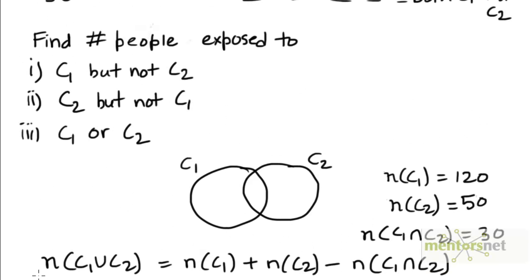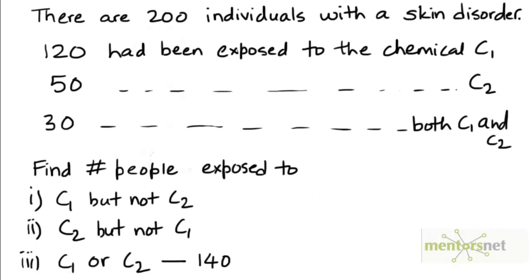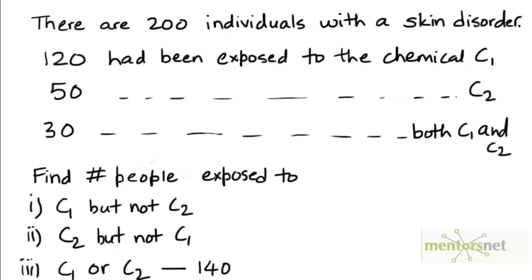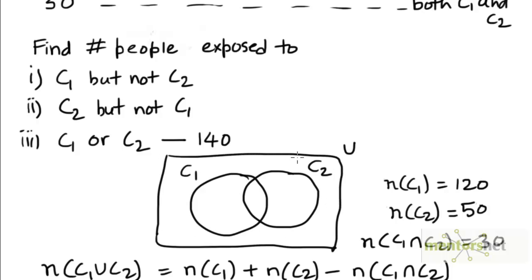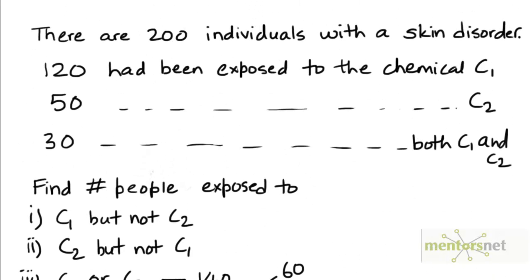Now this value is what's asked in the third part. So this value is 140. We are also given that there were 200 individuals in total. So clearly there are some people outside of this set as well, which we didn't account for. So let's draw a universal set, and this set would have 200 people in it. 140 of them lie within either C1 or C2. So there are about 60 people who were not exposed to either C1 or C2, but who still have the